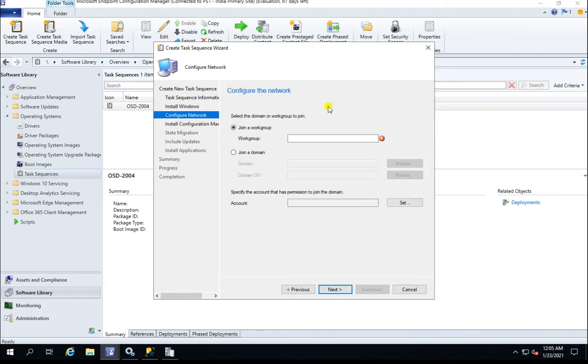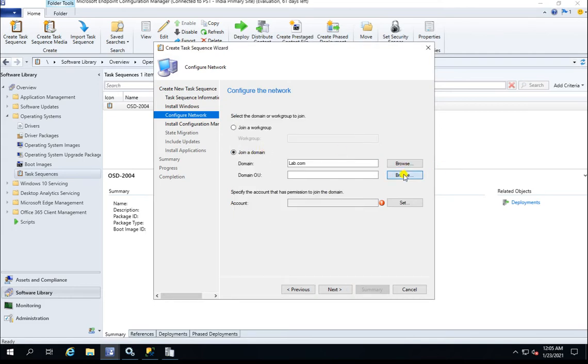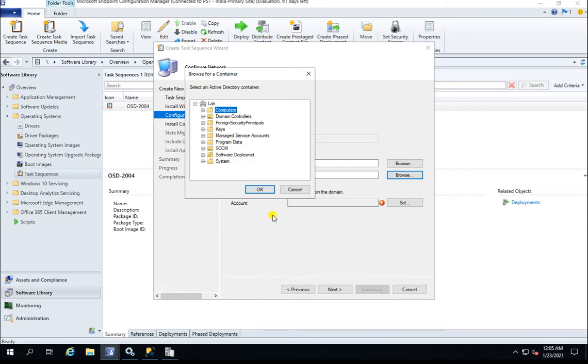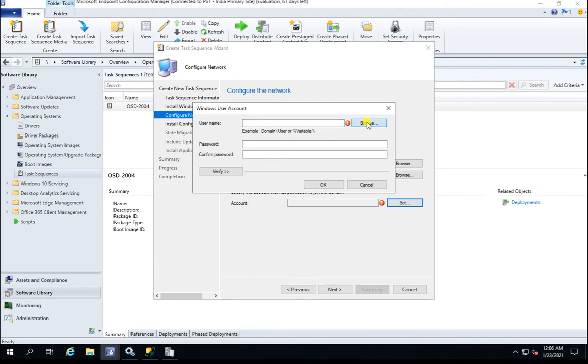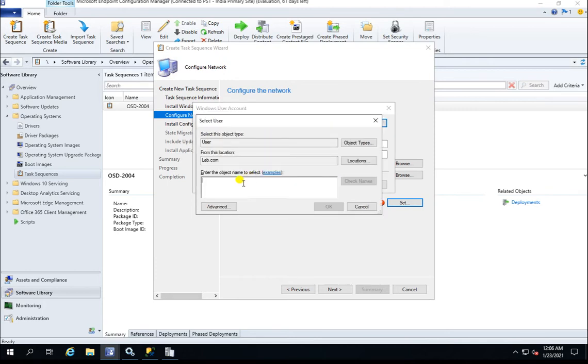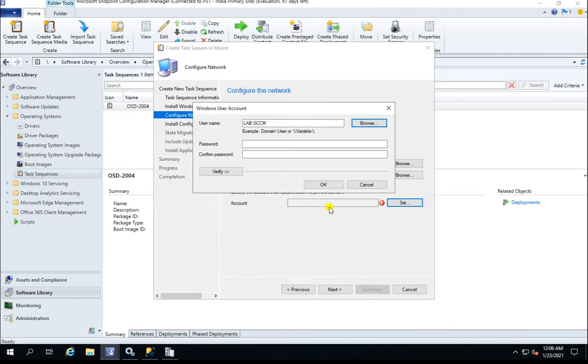Next, and now here is the option to join AD. So let's try it. Lab, then computer, then I'm going to set up a password here. I have multiple SCCM accounts. Okay, that's fine. Now I'm giving the password.